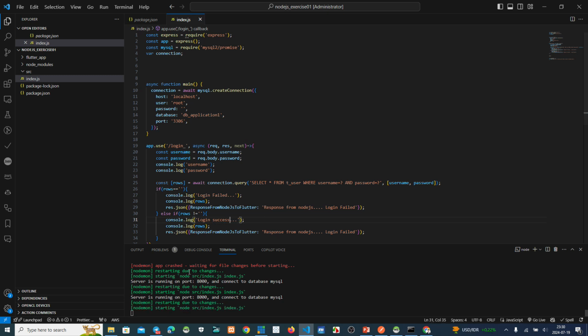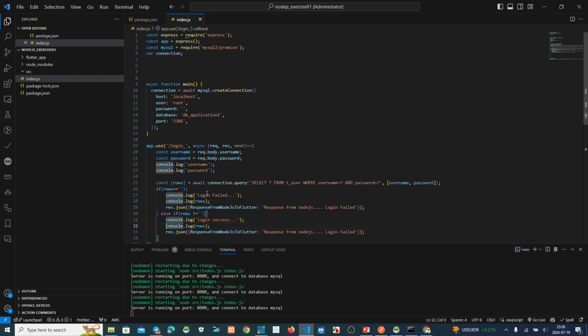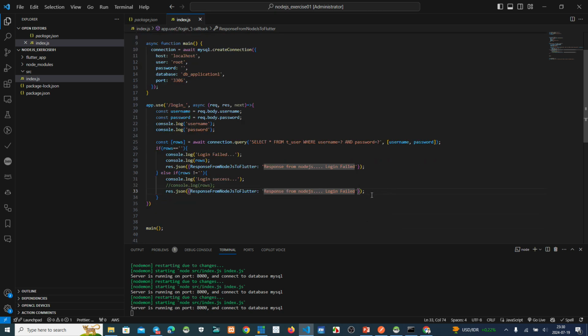This we can see in the log here, the back console, and this console.log we cannot see. Usually we want to see the response in Flutter. Maybe you want login success or something else, up to you. What do you want to see? Yeah, login success.